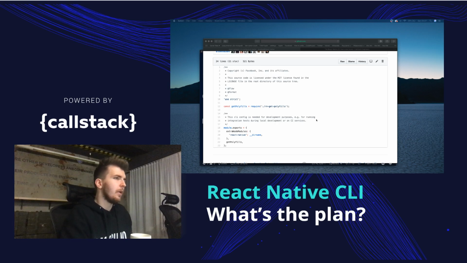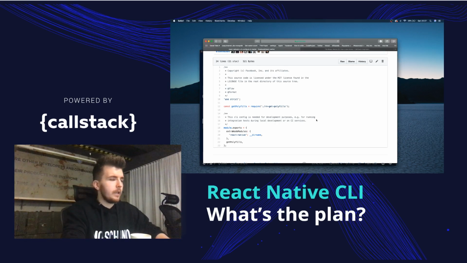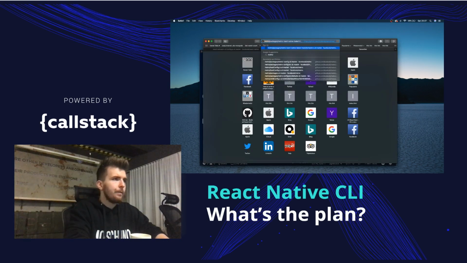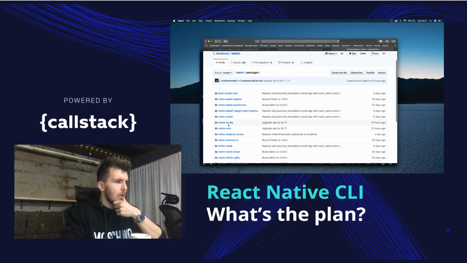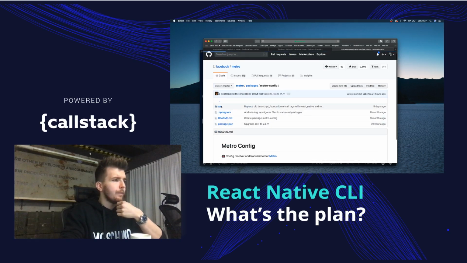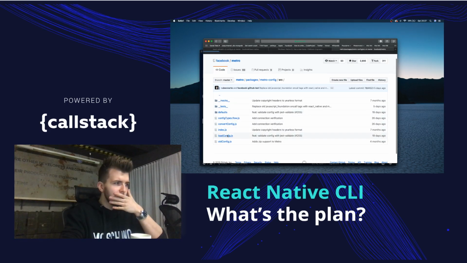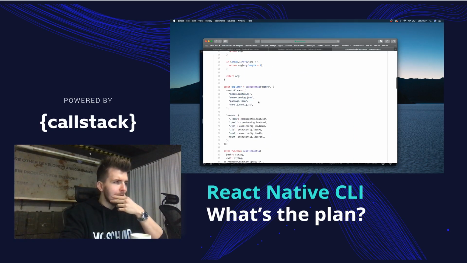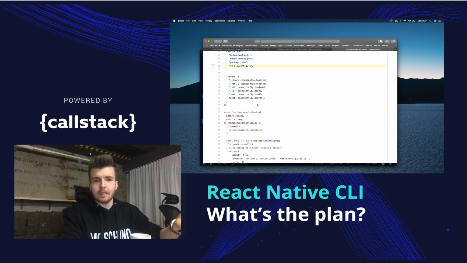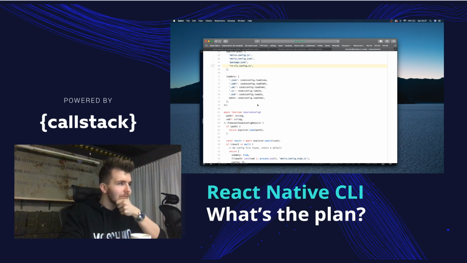So I started thinking about it, and what I did is I got to the Metro repository. One of the packages is Metro core config, and there is this load config.js method, and I realized the RNCLI config is there. It's one of the aliases for their configuration. So it's not a React Native CLI config, even though it's named like that. It's a Metro config. Problem is,